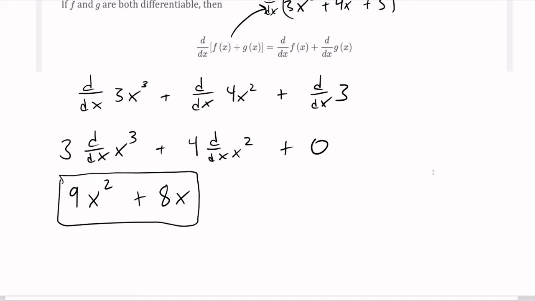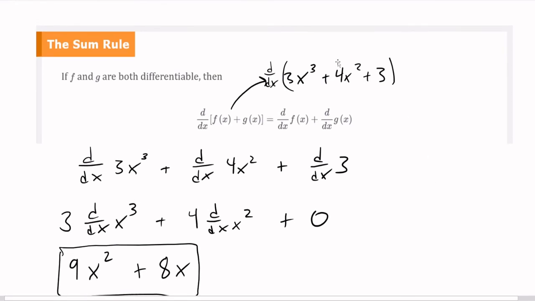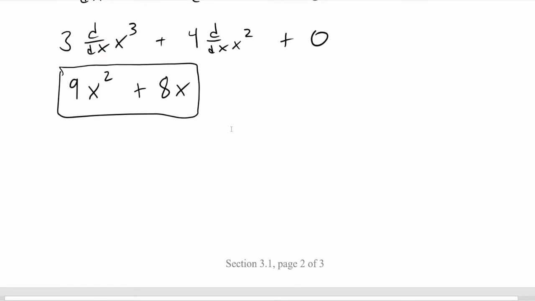So that actually means that if you ever give me any polynomial, I know how to do the derivative now, because it's just a bunch of power rules added together. All right, not too bad. So the sum rule, very important. Just do them piece by piece. Okay, so